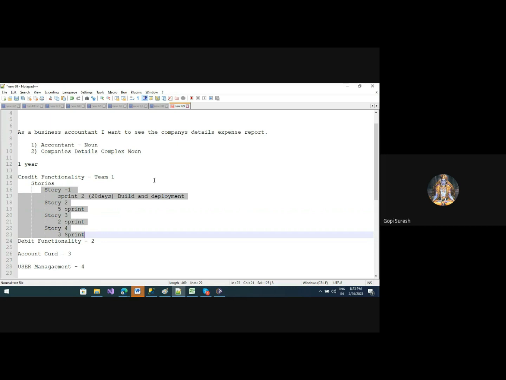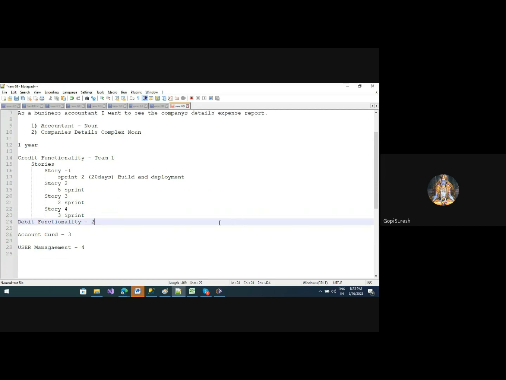When I'm saying centralized repository, team 1 is working on one resource group, team 2 is working on another, and so on, but all the source code will be stored in one place. All four teams will work in one repository. They can create different branches, but everything will be under one repository. From that repository, this DevOps pipeline will take the code, perform the build, and deliver it, putting it into the server.